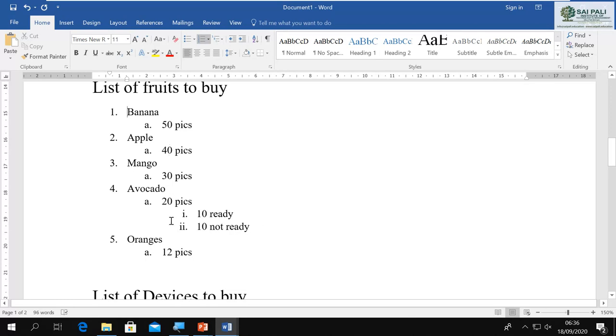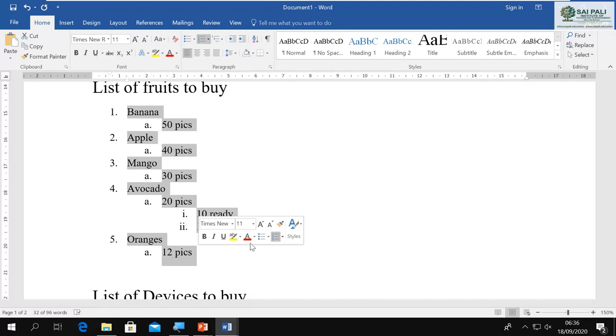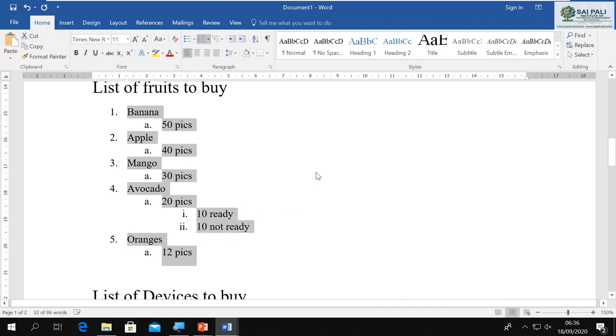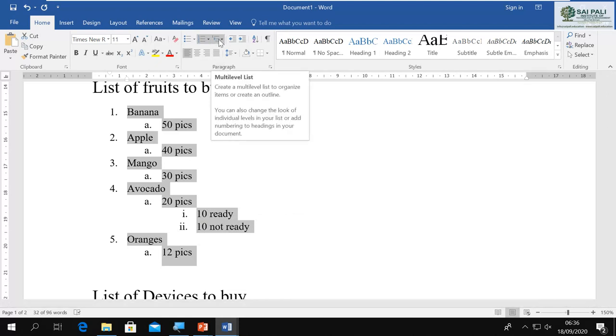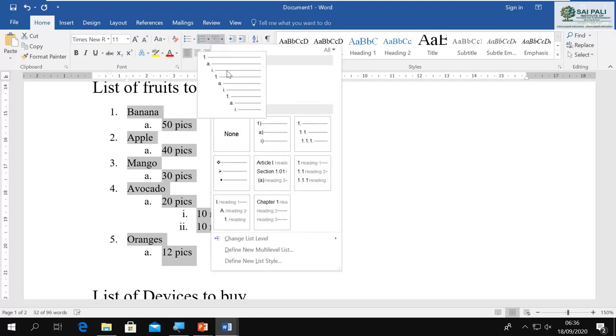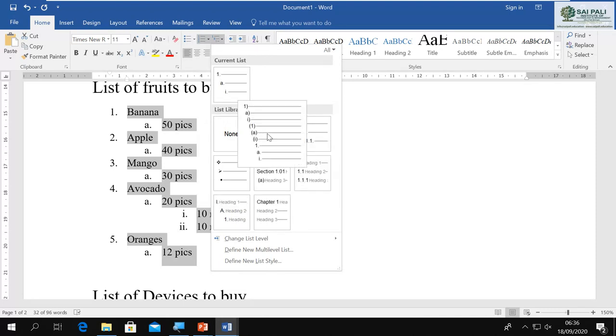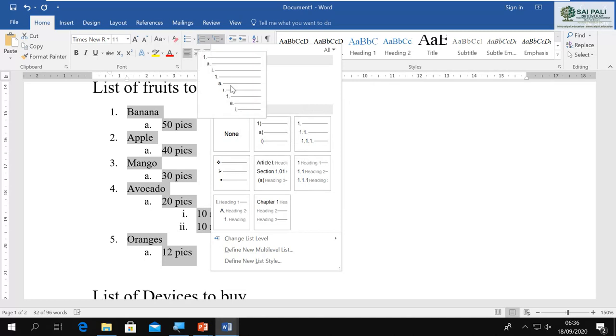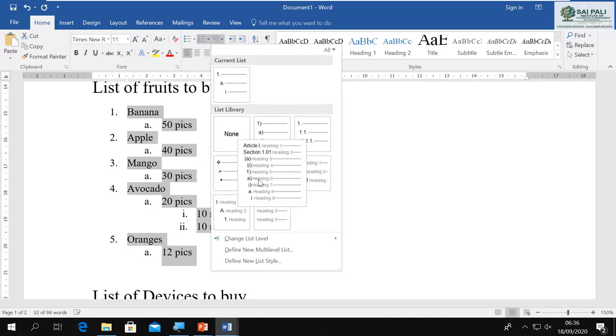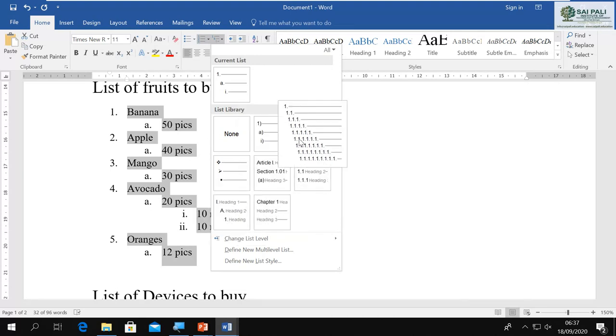Now this is the multi-level option and this is the default option, but here, as with the bullet and number list, you can choose multiple different ways of levels. Here you can see there is a command for multi-level list. In this drop down you can choose a different style of multi-leveling. These are the defaults, number list and bullet list, but you can choose multiple different types of styles.